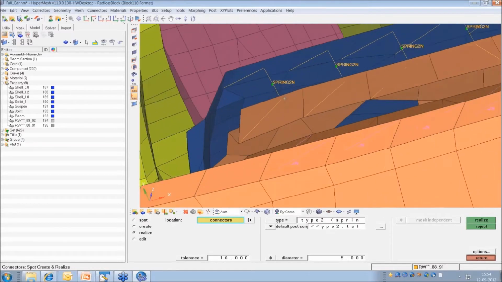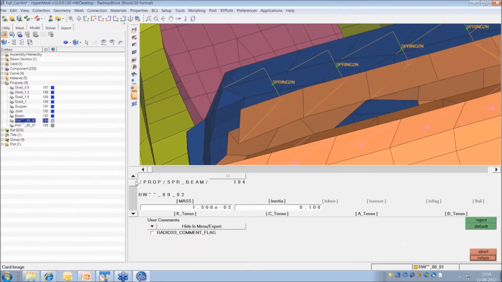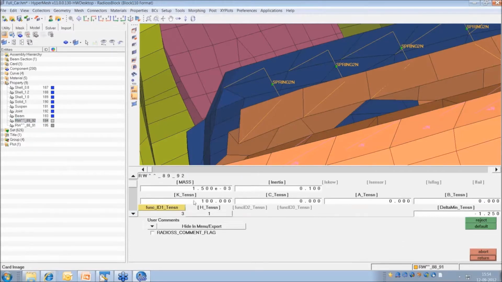So now, once you create this spot weld, it is always a good practice to go and see what property it has created. Because many times those properties will not be suitable for our unit system, or may not be suitable for your internal requirement. So now I'm trying to see the property of that. I'll go into this and say card edit. My intention is to create a spot weld which is highly stiff and which will not elongate or compress.